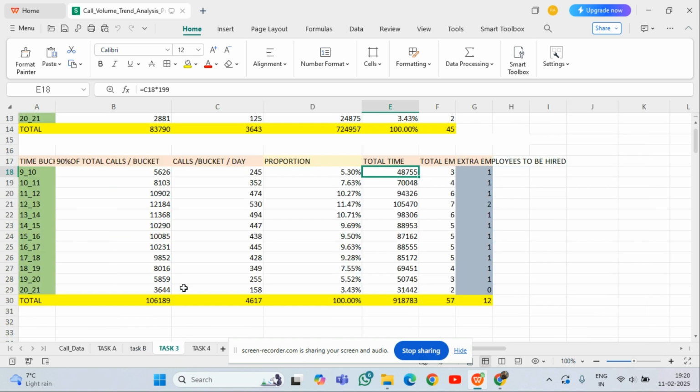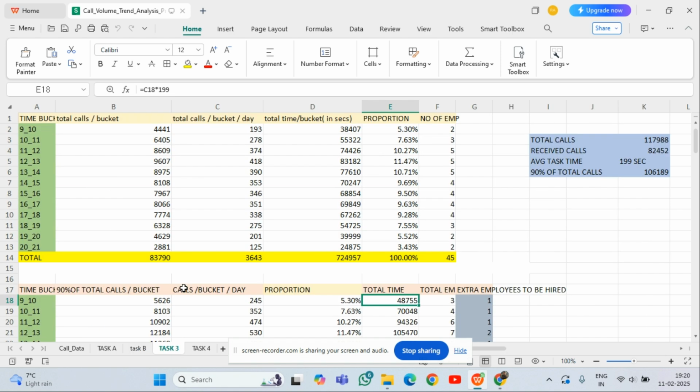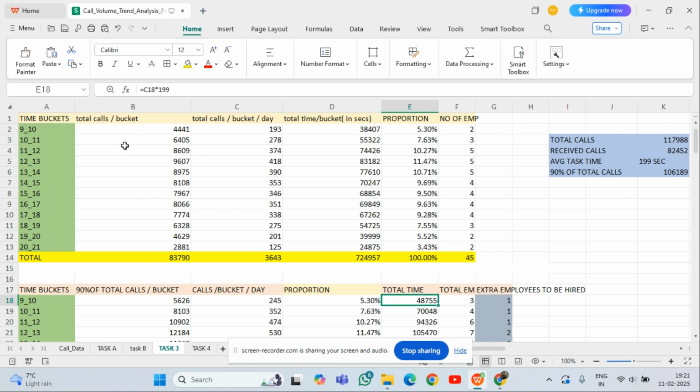So the third task, this one is a bit tricky, and this is the hardest of all the four tasks. Okay, here what we'll do first, we'll copy and paste the time buckets, which are